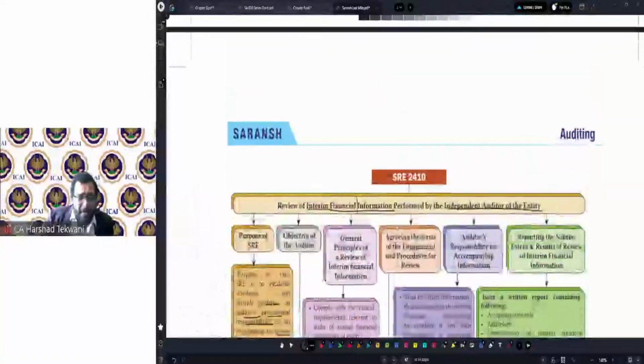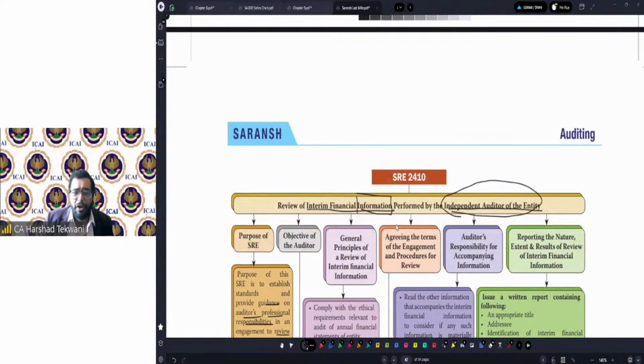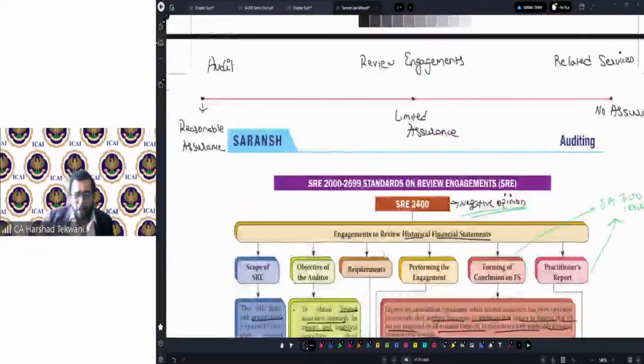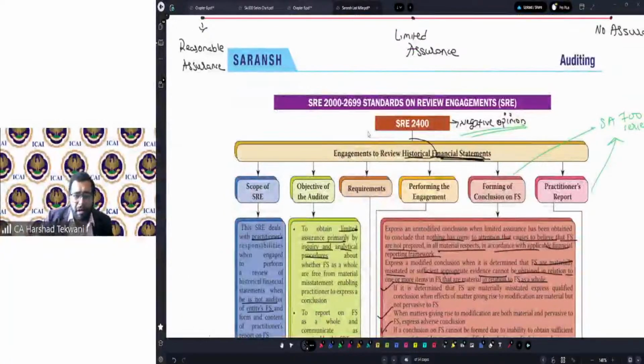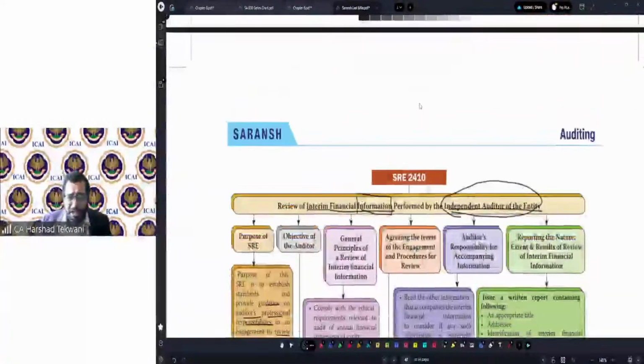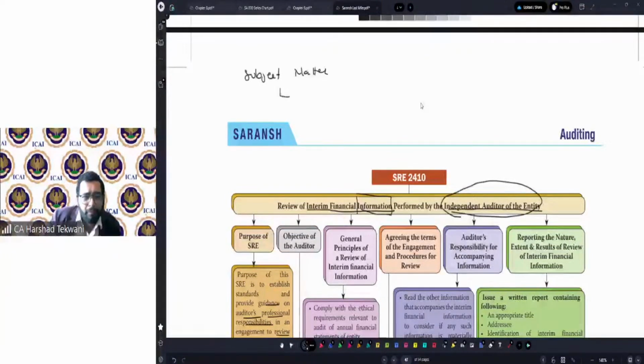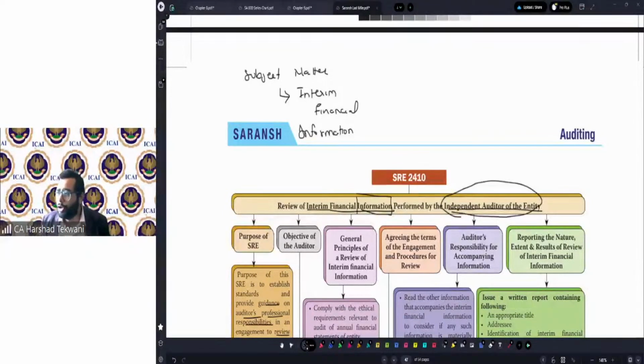The difference is that instead of statement, I use the term information, or instead of practitioner, I use the term independent auditor of the entity. In SRE 2400, I was talking about financial statements and the practitioner. Here I am talking about interim financial information. Here it was historical. So first of all, your subject matter is changing. Here in SRE 2410, the subject matter is interim financial information. Why not statement? Reason being, financial statements are more detailed compared to